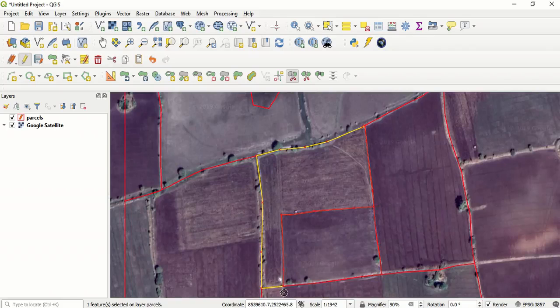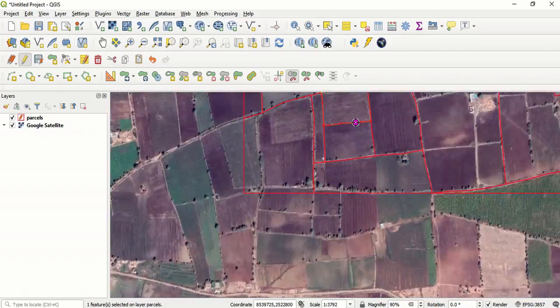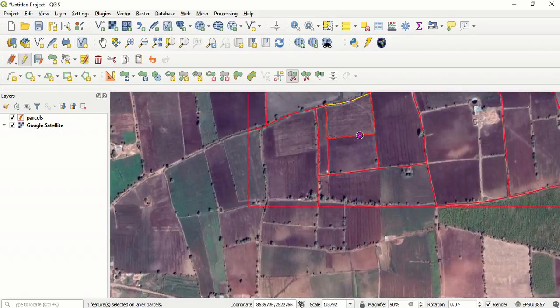Oh, perfect, it works. And maybe now we can just try this a little bit ahead and click, click, click, click, and right click. So just a little change of approach has done the trick, and we have digitized all the